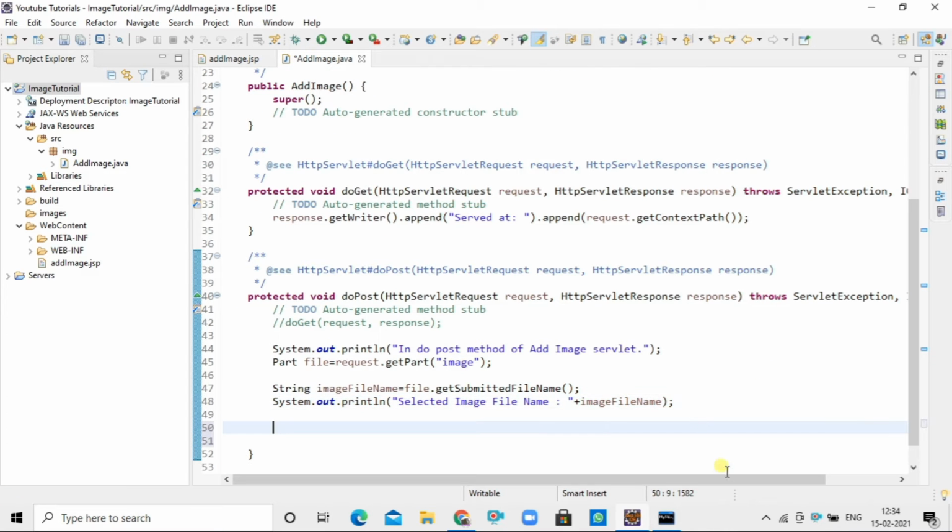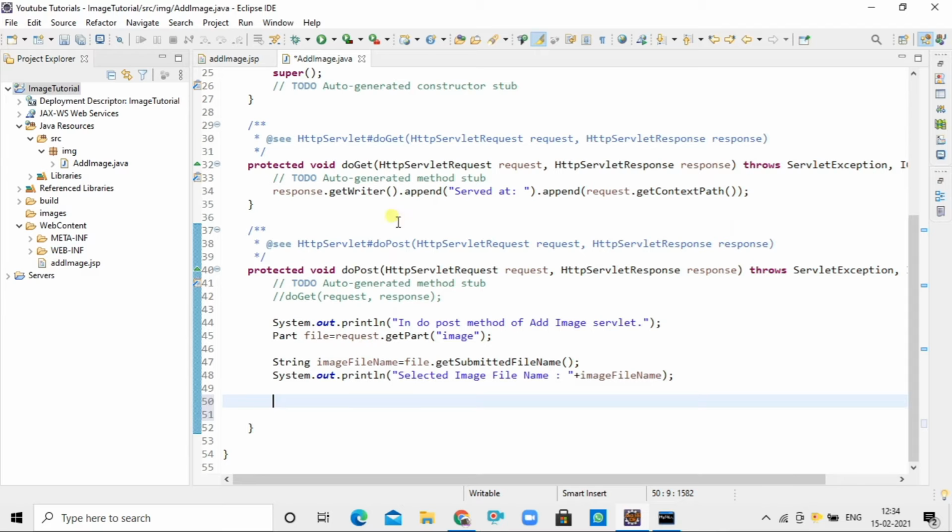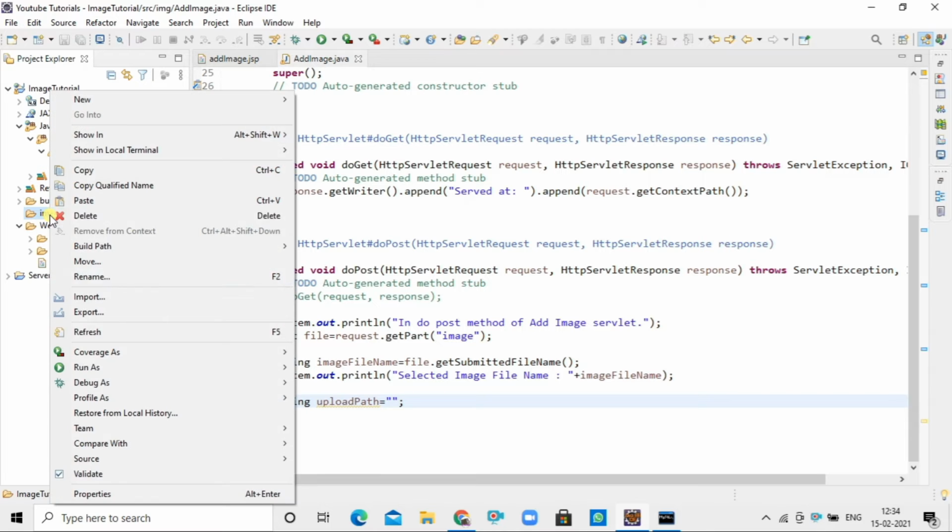After getting the image file name, we also have to upload this image into the images folder. So here I will make the upload path, that is the images folder path plus the image file name.